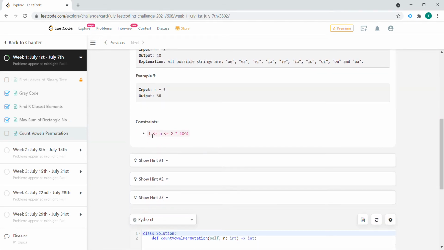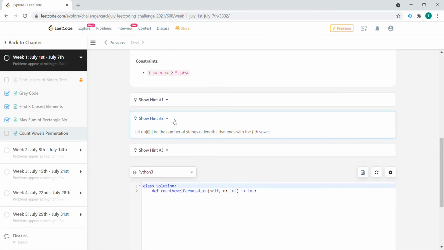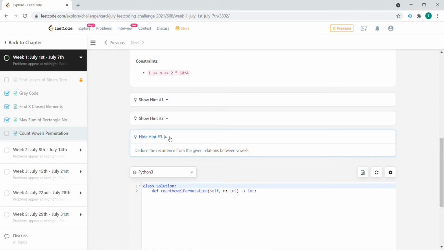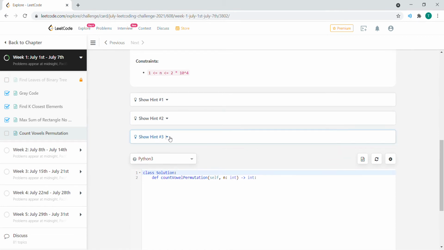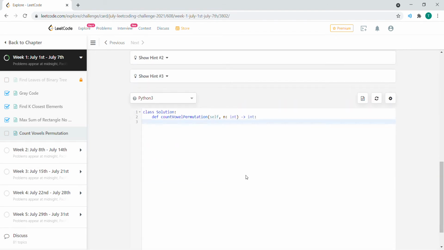So we know that the constraints on n are between 1 and a very large number. If we look at the hints, it's to use dynamic programming, which we're going to do, making an array if we need to. This also gives a recurrence relation between the vowels. So let's break down the rules a bit and see what we can make out of it. We know a could be followed by